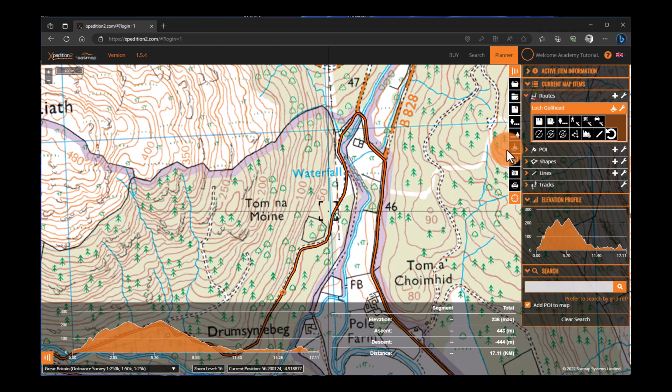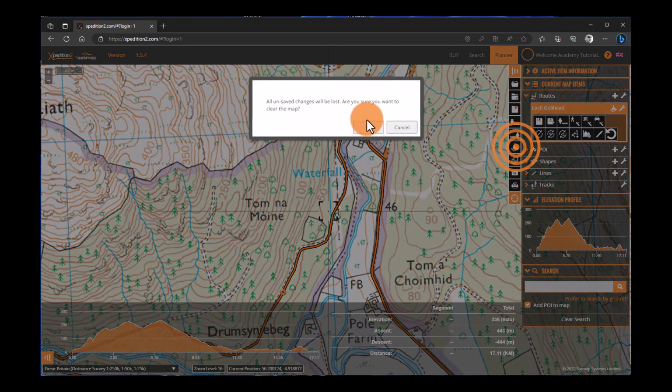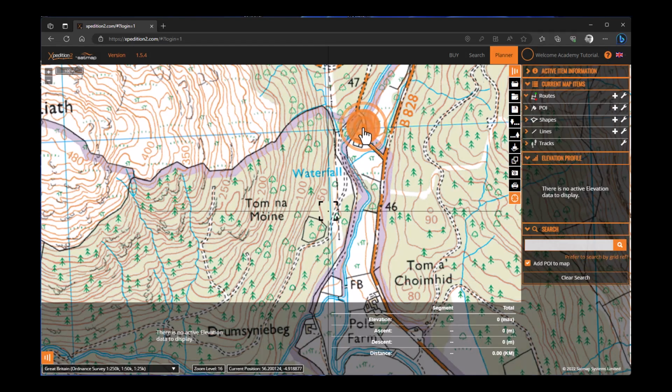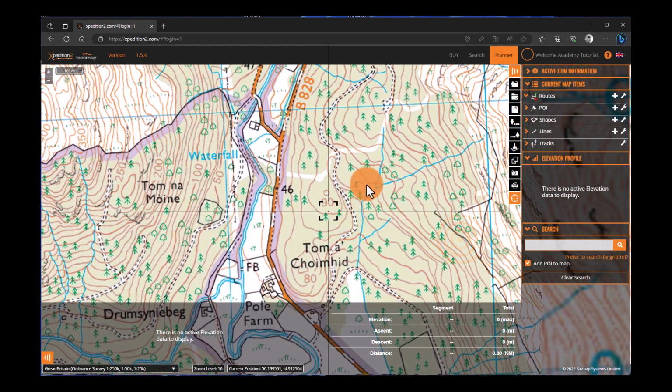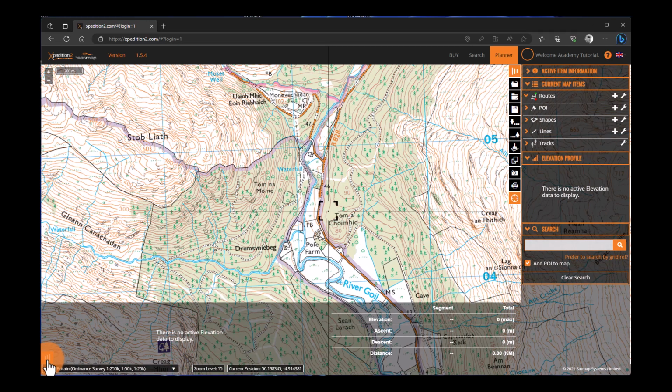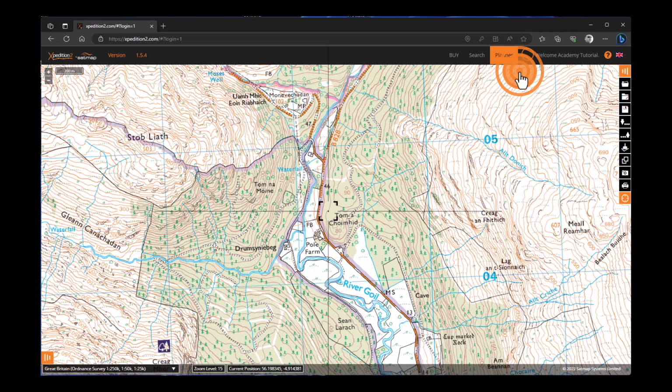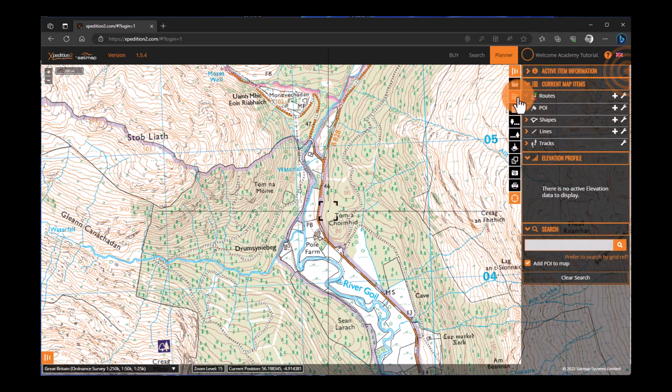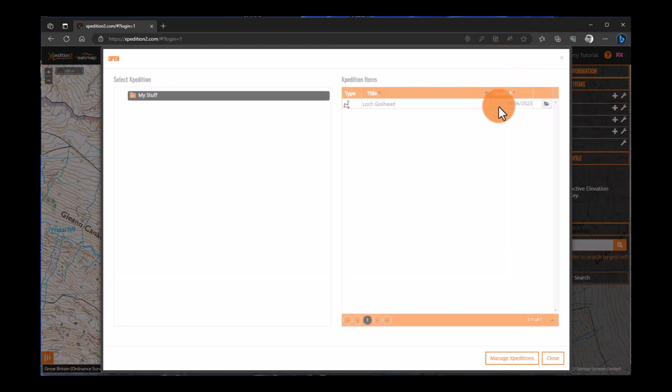Furthermore, I can then close these routes, clear them off the map by clicking the clear button. And now I'm back to just the plain map. I can clear out all these tools as well if I wish. So if I reopen my route, once again,